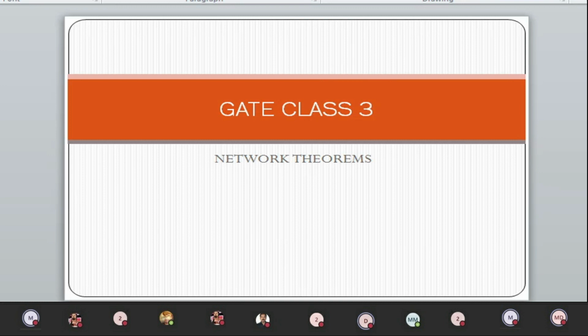In today's class, we will be discussing the important problems related to network theorems, right? Before going to the session, I hope you were able to understand the basic concepts related to mesh and node analysis that we discussed in our previous class. Okay. You should understand one thing,